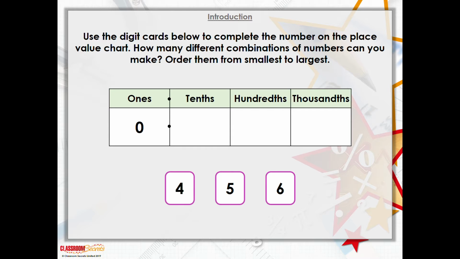Here we have some digit cards, and it's asking us to use the digit cards below to complete the number on the place value chart. How many different combinations of numbers can you make? Order them from smallest to largest. So whenever you get a question like this, always do it in some sort of order. So first of all, we can clearly see that we can use